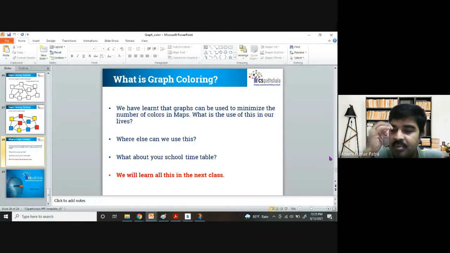Our timetable problem is very much complicated, you know. We should not have overlapping classes for the same group of students. And for a teacher also, we cannot assign two subjects in the same time slot. So these are the complications, and we can apply graph theory or discrete mathematical modeling to resolve those issues.